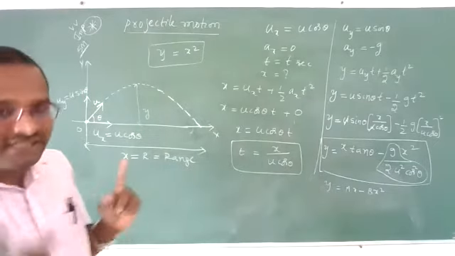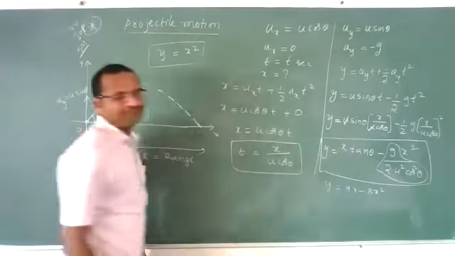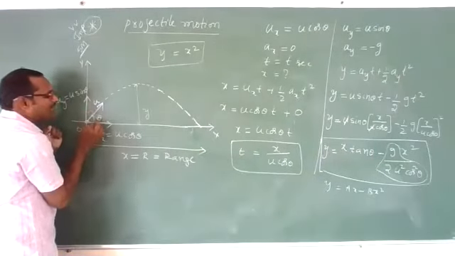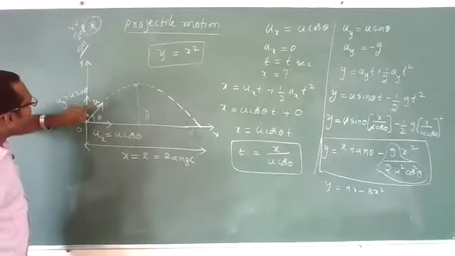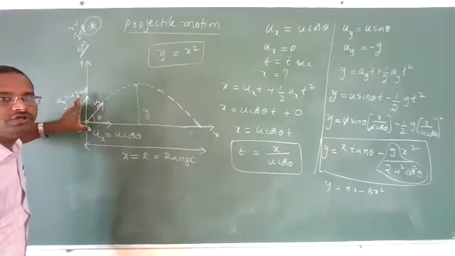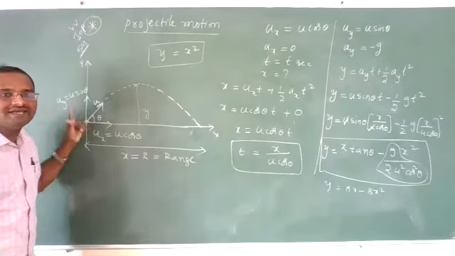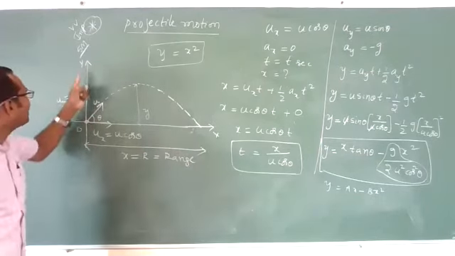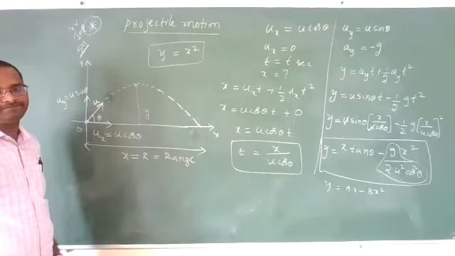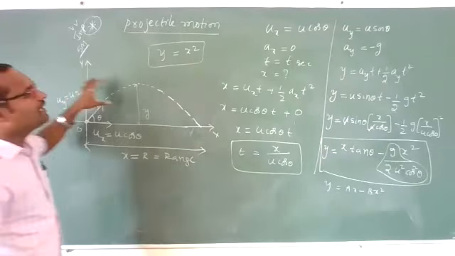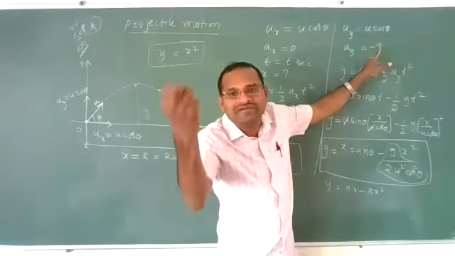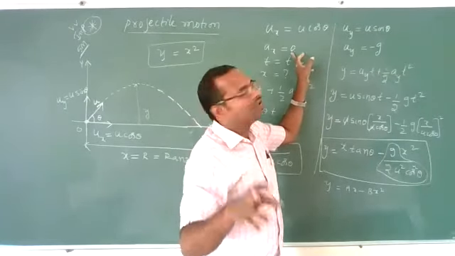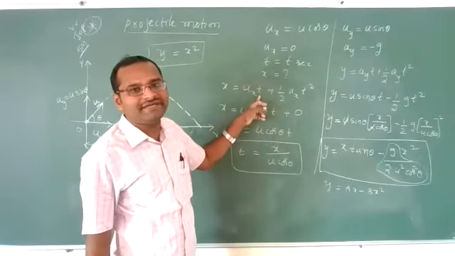In today's class, just understand how this equation has come. So I am repeating one more time. Let us imagine a projectile is thrown with the initial velocity u, making some angle theta to the horizontal. Then this initial velocity u can be resolved into two components, along the x-axis and along the y-axis. Along the x-axis, ux is u cos theta. Along the y-axis, uy is u sin theta. Now only along the vertical direction will there be acceleration due to gravity. Along the horizontal direction there is no acceleration, ax is 0.